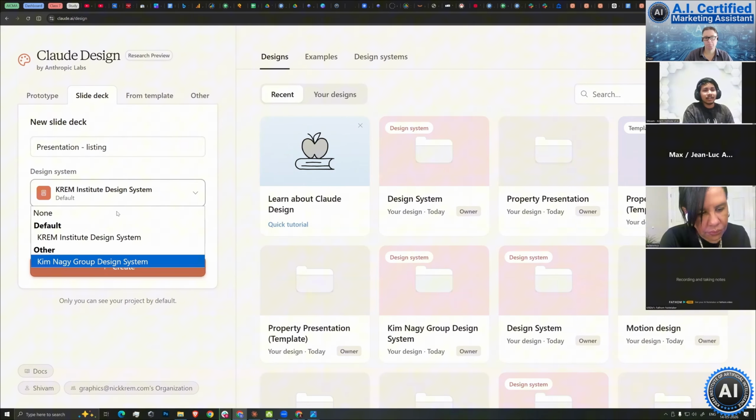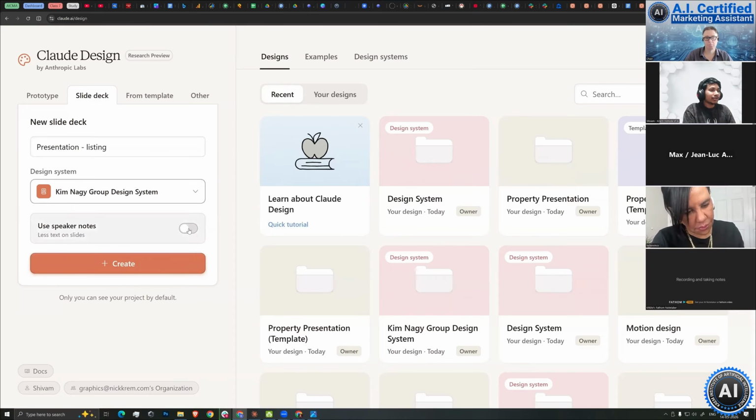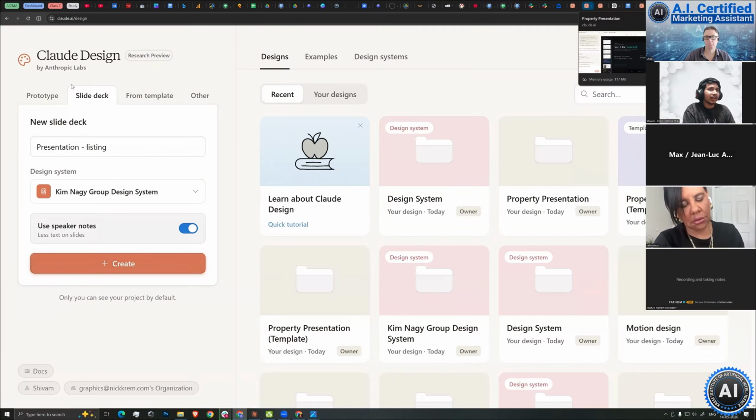And if you like, you can create multiple design systems. Like I have this one here, so I can just go ahead and select that. And I'm going to check this box, use speaker notes, so less text on slides. And then you can click on create, and then it's going to go into where I can